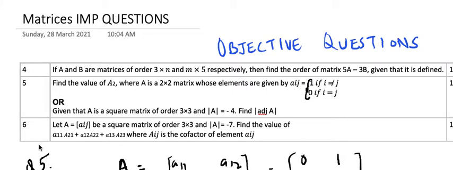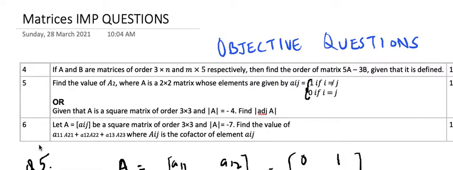Last year, these questions were there in the form of MCQs, but this time there won't be any options. They will come in the form of objective questions. You have to give a slight description to them and then find the solution, right? It's not that you will simply write the solution and you will get one mark. You have to give a small explanation also.